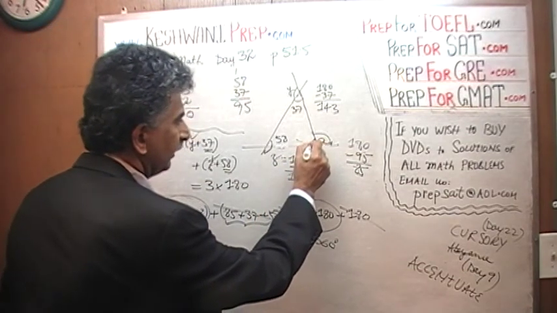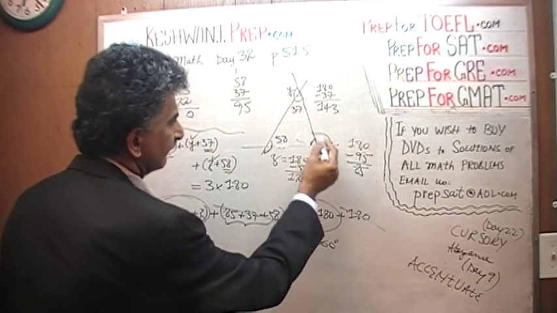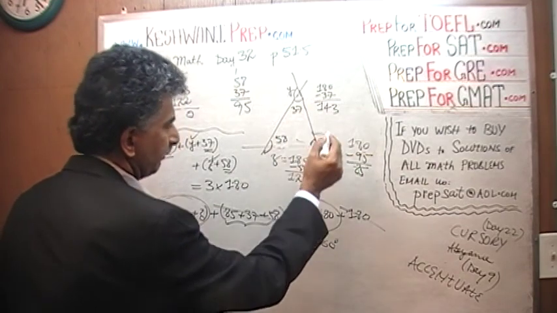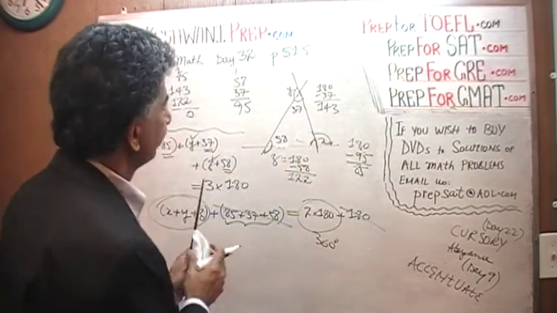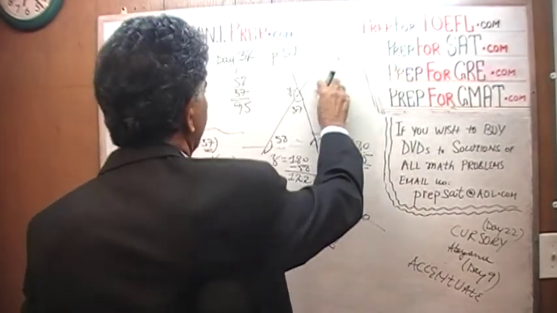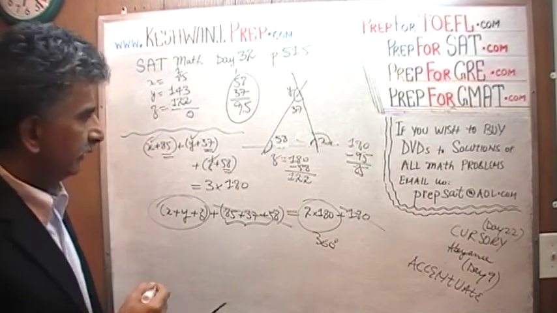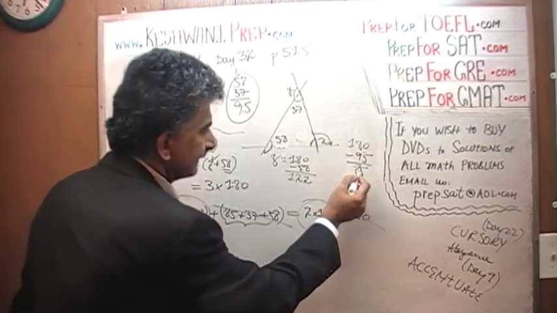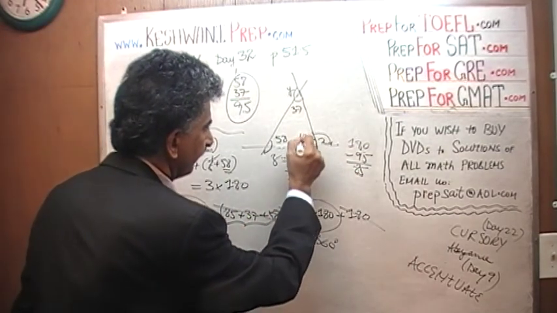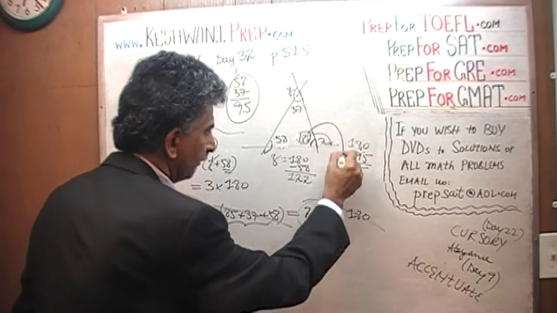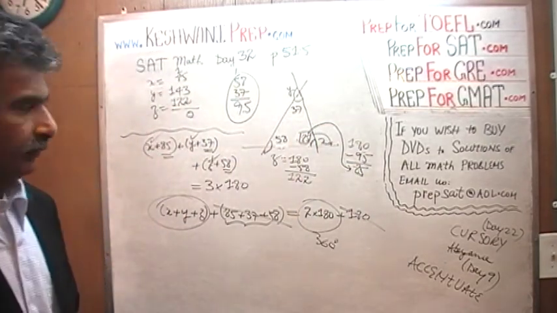This missing angle actually is 180 minus 37 plus 58. 37 plus 58 is 95. Therefore, this missing angle here is 85. This is 85 right here. This is not given to us. We figured it out here. So therefore,